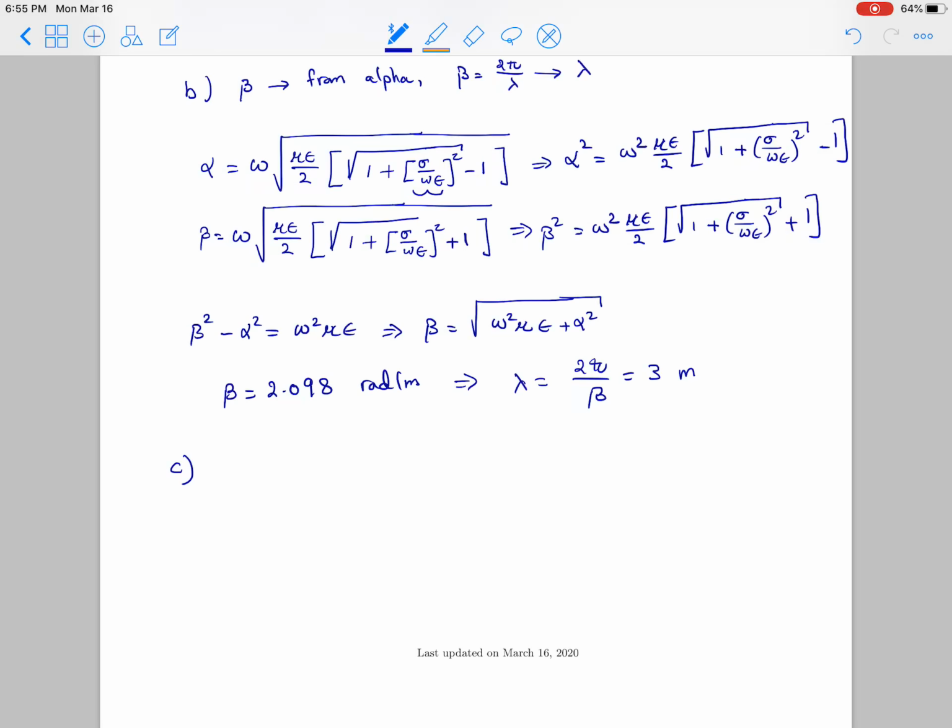So let me start by finding the loss tangent. So instead of subtracting alpha from beta, let me add them up. In this case, I'm going to end up with omega square mu epsilon